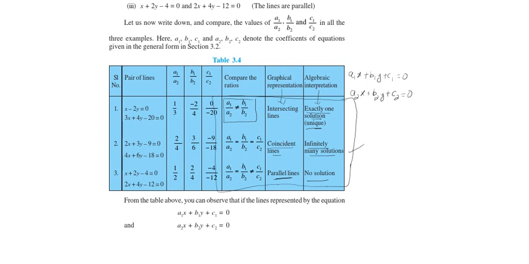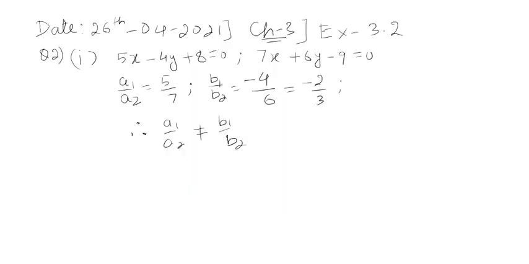So now what we'll do, we'll write here that, or in the bracket you should write why it is not equal. The reason is because 5 upon 7 is not equals to this minus 2 upon 3. So right, thus,